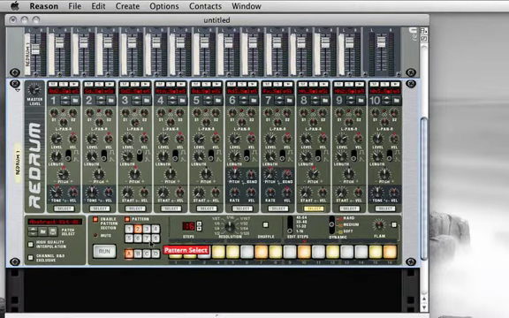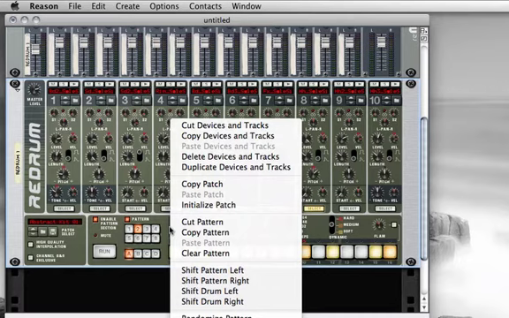Now I can copy one pattern and paste it into the other. Pay attention to this. I'm going to show you how to open Redrum's edit menu. To do that, it's very easy. You just need to control click over any area of the Redrum that does not have a button or a knob, like this. So now I'm going to choose the copy pattern command,